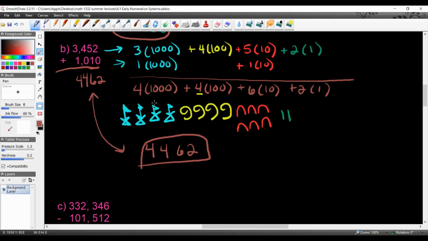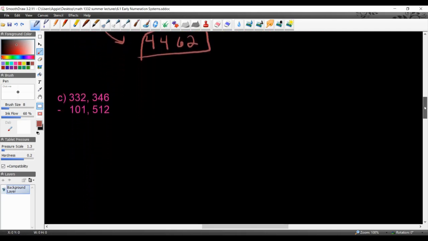Make sure that when you do these problems, yes, I know this is much easier because that's what we're used to, but I do need you to go ahead and do this entire thing here. Because we're focusing on being able to convert this into the old additive system to see where it comes from. One more problem like this, and this is going to be a little bit different because